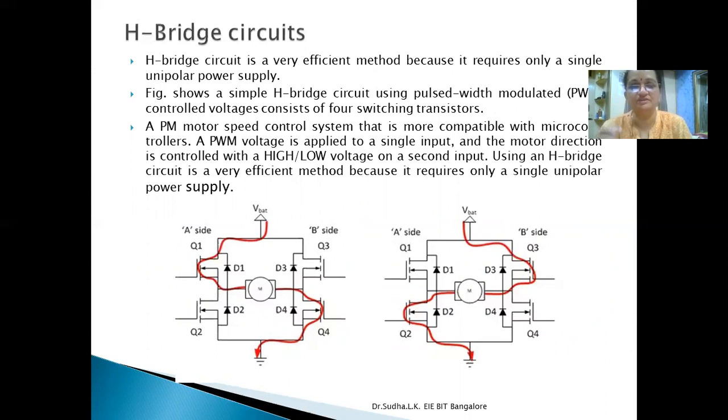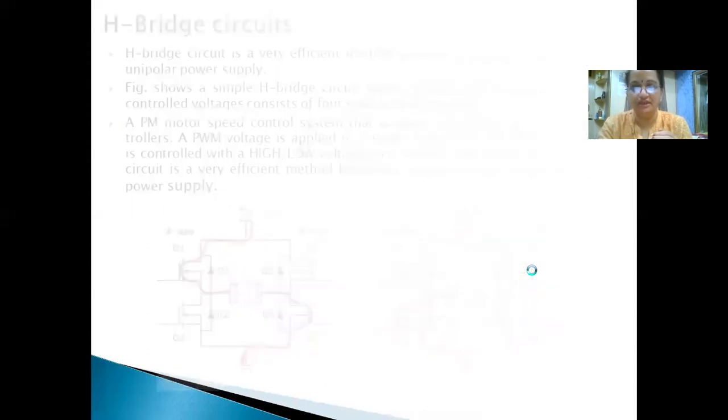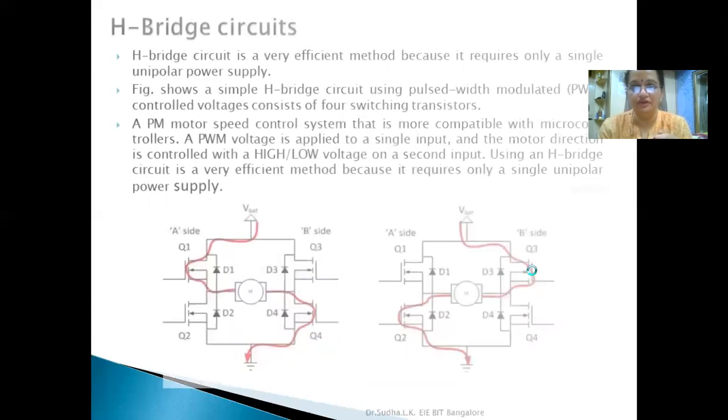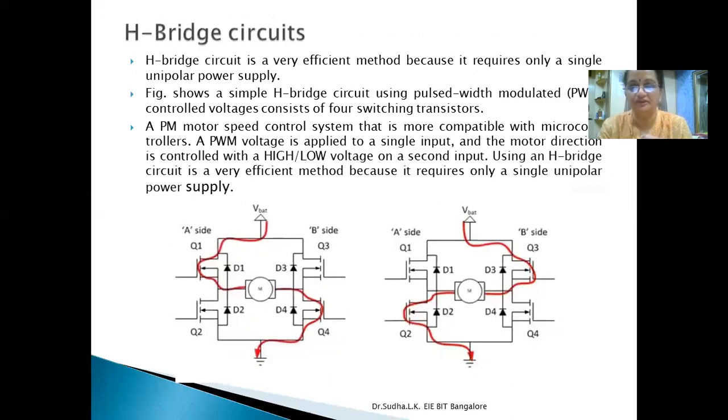This H-bridge circuit is especially adopted for bipolar technology, since bipolar is nothing but two levels of voltages that can be given to this circuit. The circuit is exactly familiar with the H alphabet shape. With one voltage flowing from the supply, Q1 and Q4 will be on, and Q3 and Q2 will be off. For the next negative level of the voltage supply, Q3 and Q2 will be on, and Q1 and Q4 will be off.